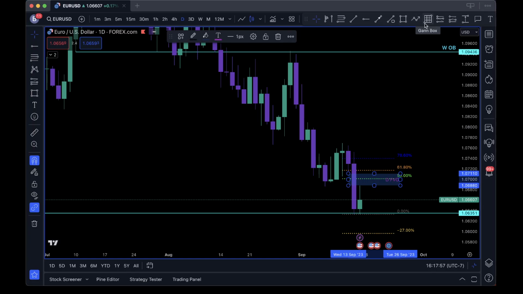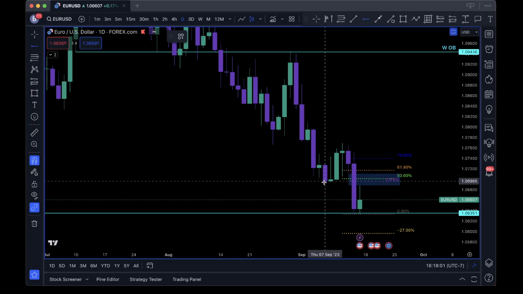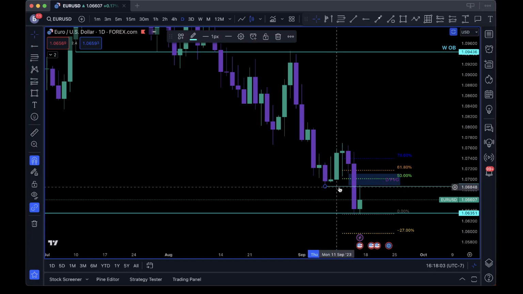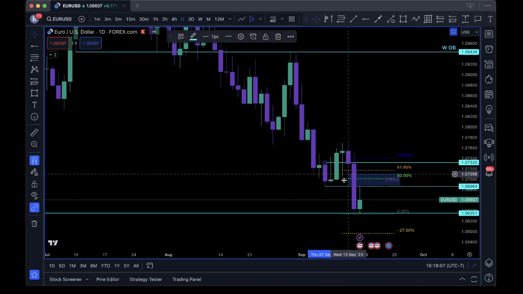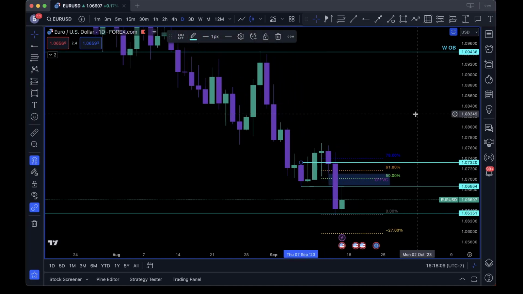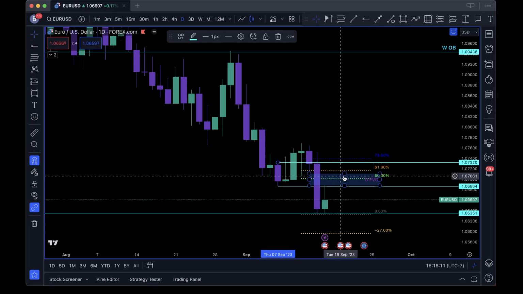So we could mark that out. It might get a little messy, but whatever. For the sake of this, let's just go ahead and mark that out, right? So we got this breaker as well in here, right? So this is kind of our zone, guys. We're starting to build a narrative for the market coming into this week.